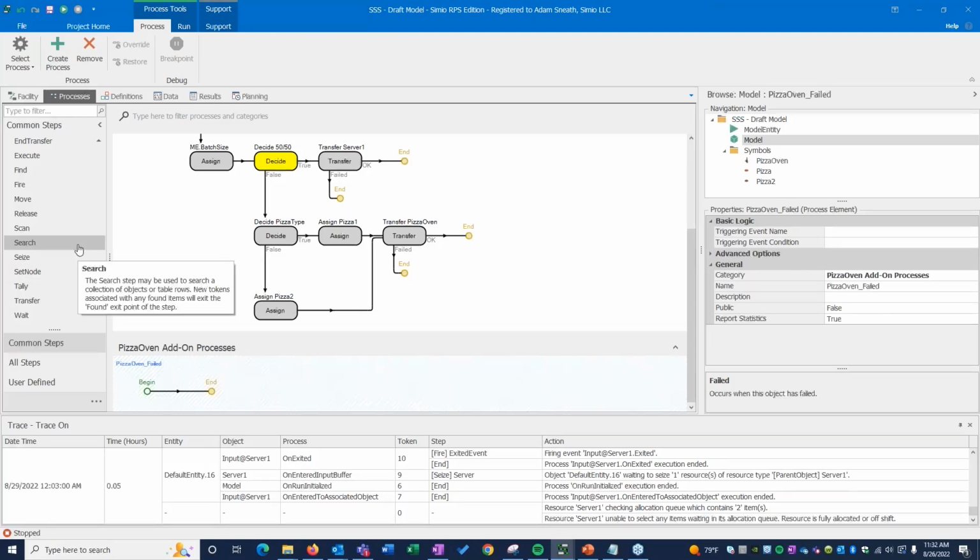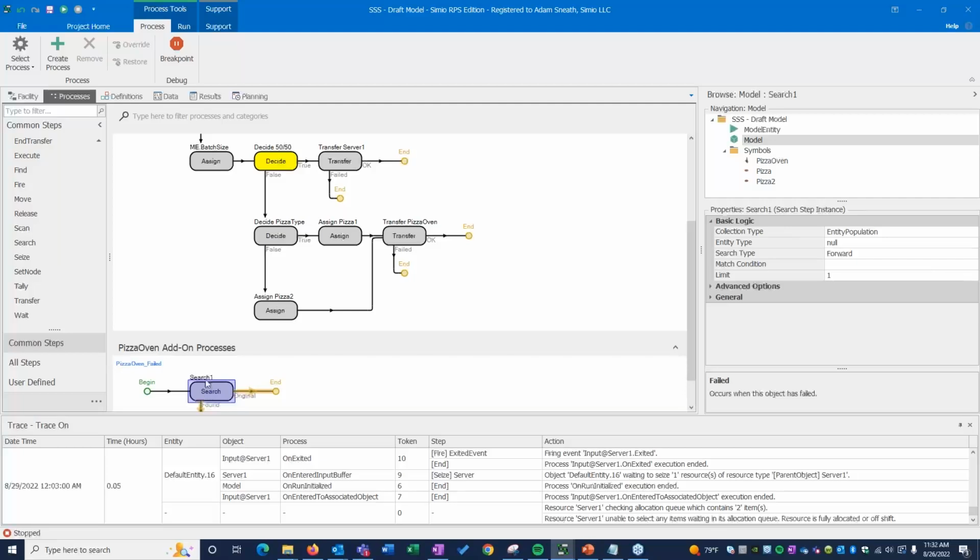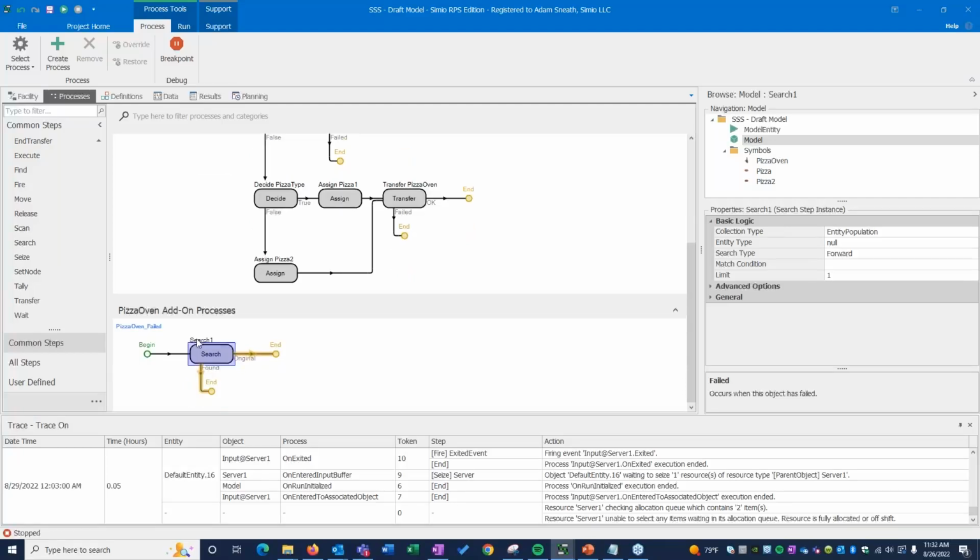Now we're going to introduce a really powerful step, the search step, and I'm going to use this 2 or 3 times throughout the session because there's a lot of different things you can do with it. So we're going to search oven processing. Well, what does that mean? Not a lot yet. Our search step has these collection types, and in this case, we're going to search a